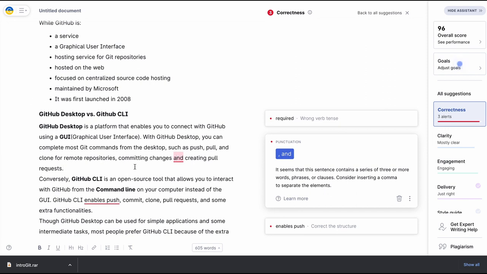Not really. Okay, so try to use the GitHub Desktop. When you use that, I think you might make adjustments to your statement, complete most Git commands. So you need to use it to be sure that it only does more than that. It might be less for sure, like the GitHub mobile does not do a lot. So if you say most is done on the CLI and not on the GitHub mobile, I will understand because I've used the mobile.